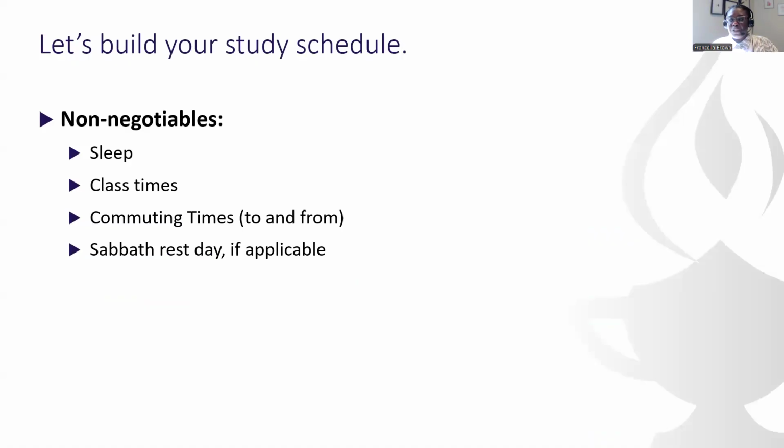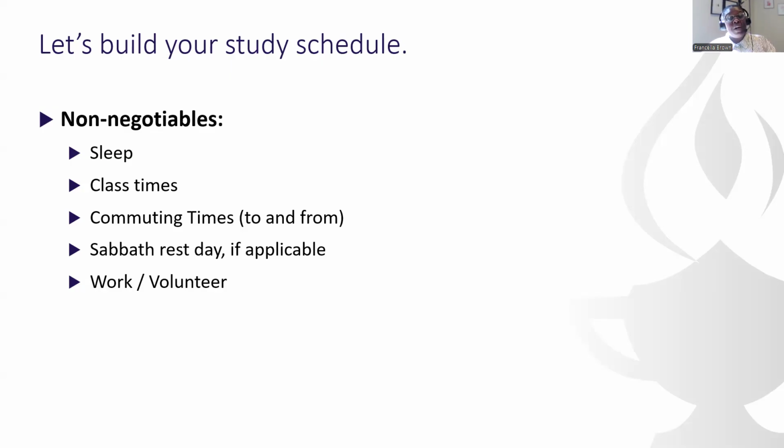But what I'm going to do is I'm going to start off with plotting what I call the non-negotiables. So the things that you absolutely have to do. These are the responsibilities that you have to do to kind of set, right? So sleep, very, very important. We want to make sure that cognitively we are alert and that we are functioning well to be able to do our schoolwork and all other things. Class times, you have to make it to class. So this should be a non-negotiable unless it's under other kinds of circumstances where you can't make it, but this is something you want to regularly do.